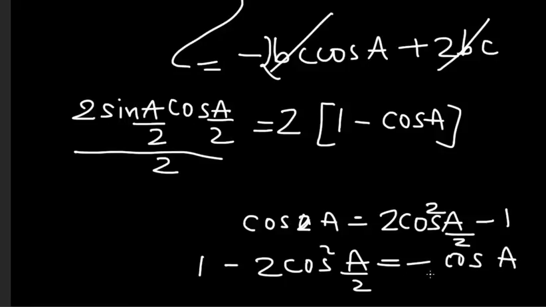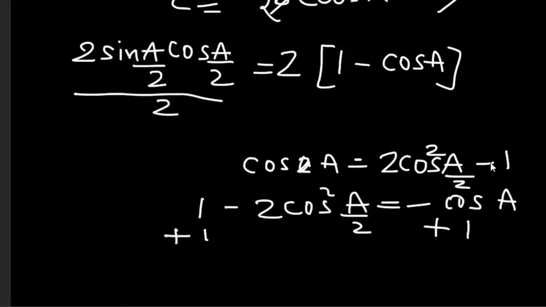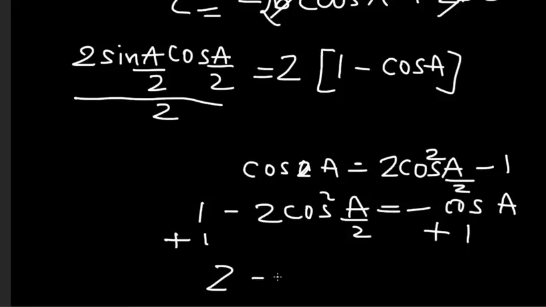Now we just need to add 1 on both sides so that this becomes equal to this. If I add 1 on both sides, this becomes 2 minus 2 cos square A by 2, and this is obviously 1 minus cos A, and